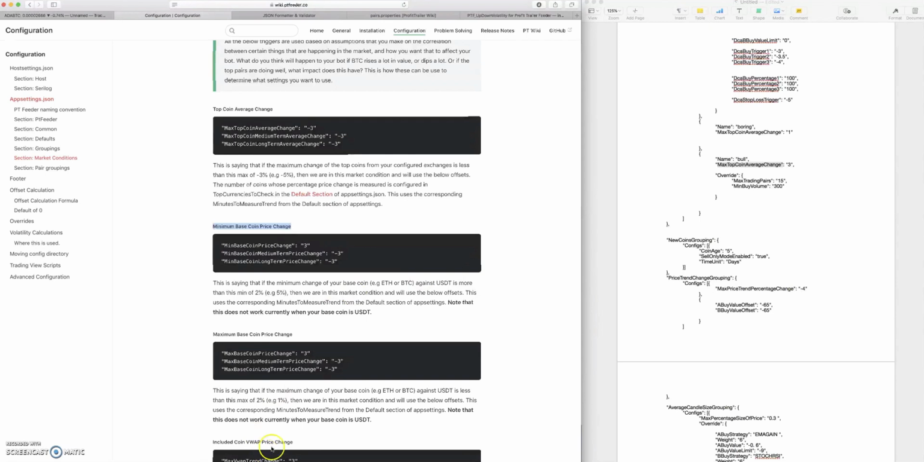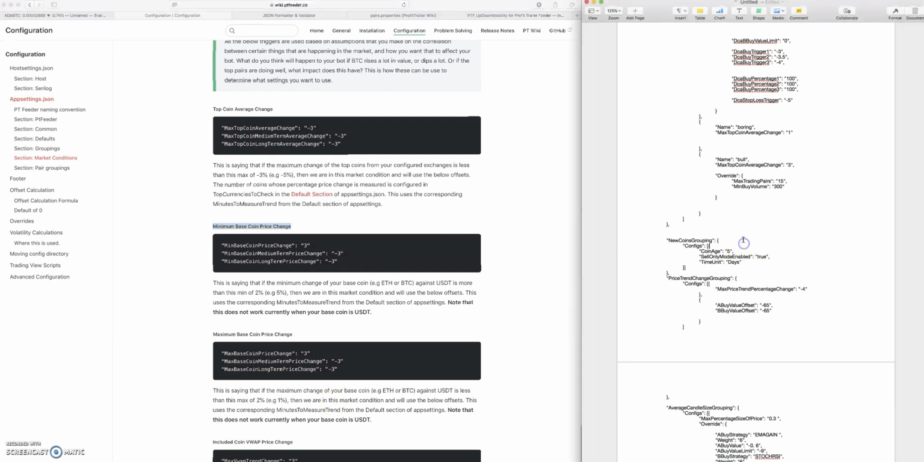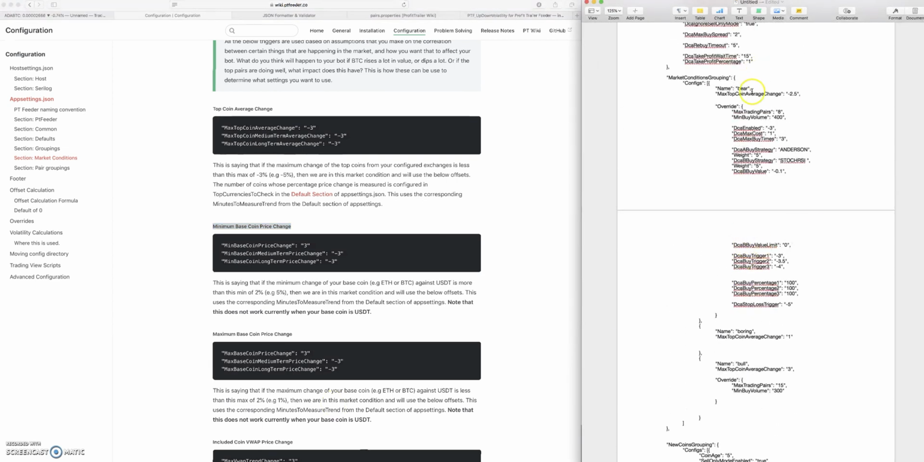I tend to use the maximum base coin price change for these folders. This is saying that if the maximum change of your base coin, for example Ethereum or Bitcoin, against USDT is less than this maximum of 2%, then we are in this market condition. I like to use that one in the bear folder. So what I tend to do is have, obviously this is